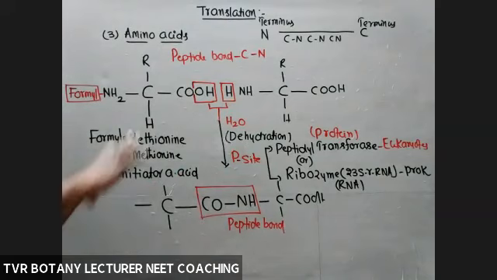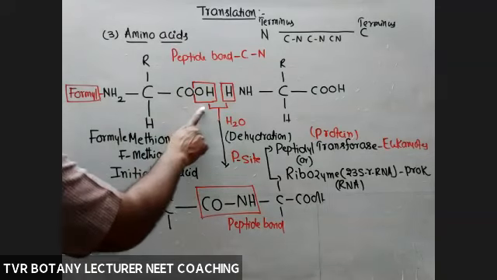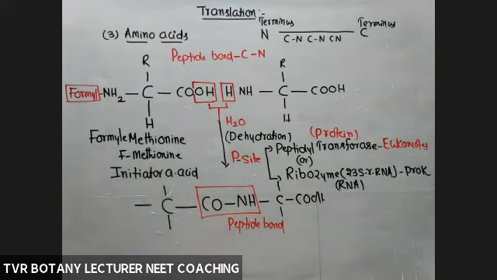Okay, so this entire process is taking place within the larger subunit of the ribosome with the help of A and P sites. So this bond is produced by catalysis, the catalytic role performed by the concerned enzyme. And energetically, how much energy is consumed is not given, but it is energetically established. So that is about amino acids. So naturally, peptide bond formation takes place within the larger subunit of the ribosome, right?